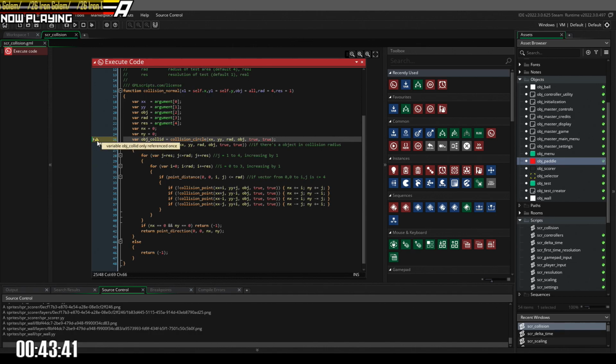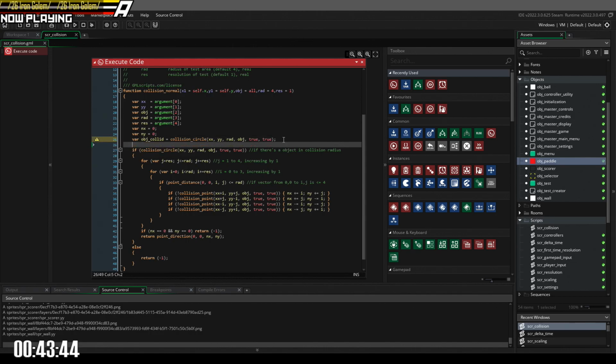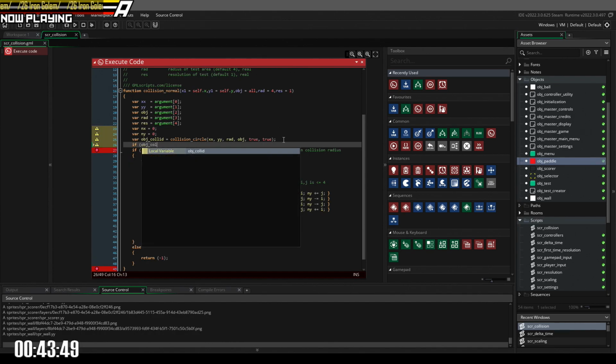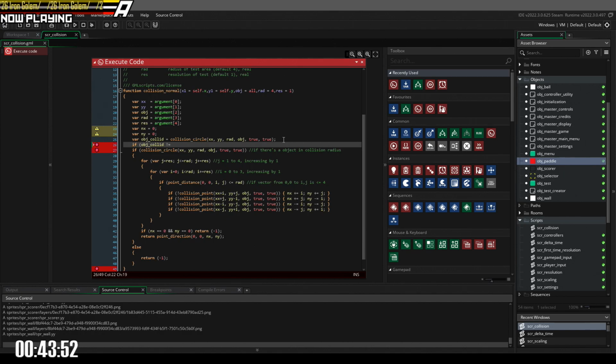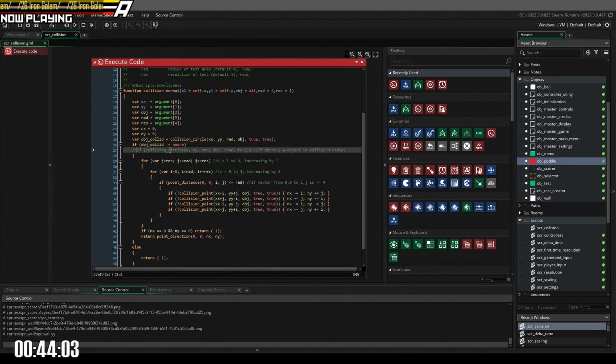And then you do if obj collid is not equal to noone, and you go from there. The reason I do that is that object here is effectively just pulling from all, because that's what I set object to be. I could set it to be block or wall or whatever,